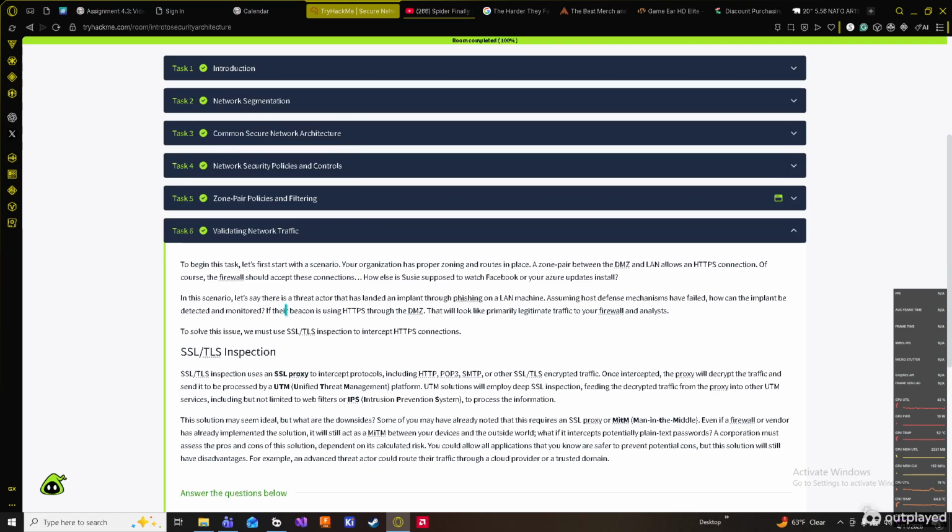Violating or validating network traffic. Alright, so beginning this task, let's first start with a scenario. Your organization has proper zoning and routes in place. A zone pair between DMZ and LAN allows an HTTPS connection. Of course, the firewall should accept these connections. How else is Susie supposed to watch Facebook on your